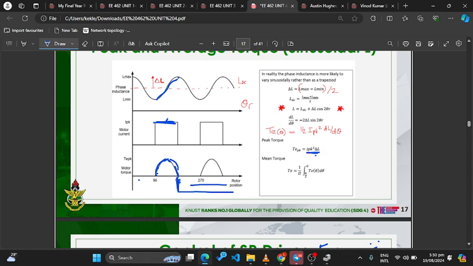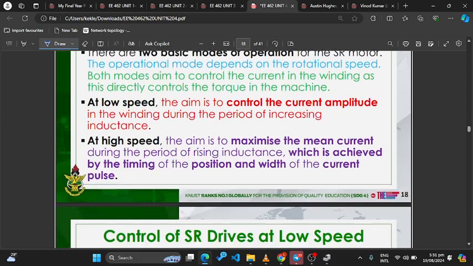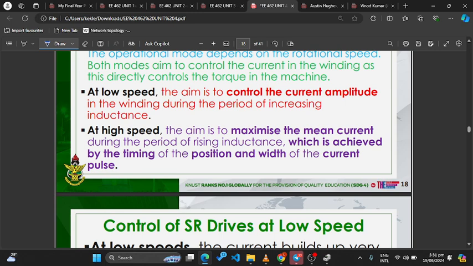So if you are operating at low speed and you are on the rising side of the inductance and position curve, your aim is to control the peak. If you control the peak current over here, you control the maximum torque, or the peak torque. Is that okay? Then at high speed,